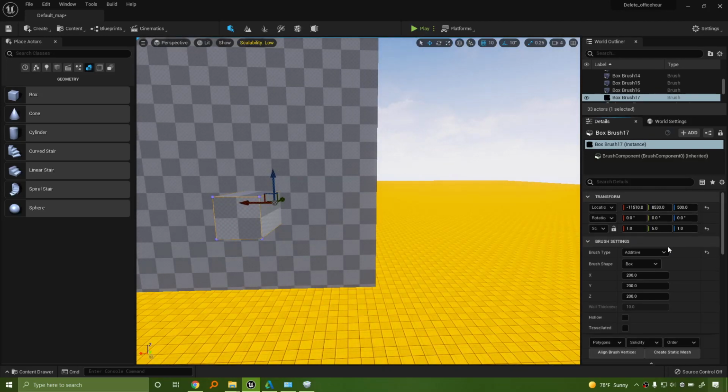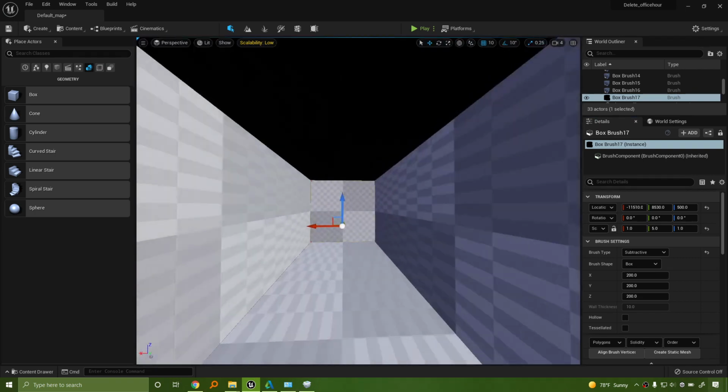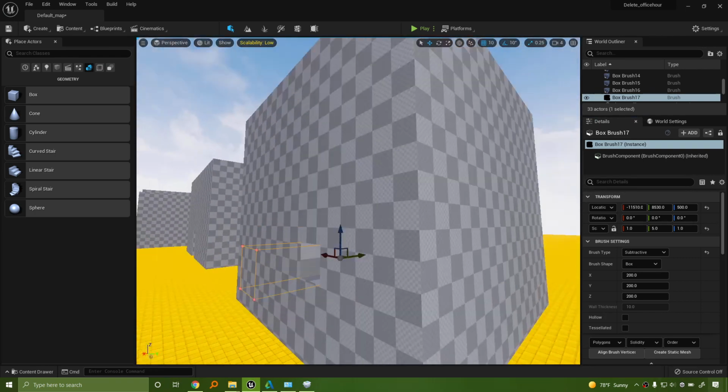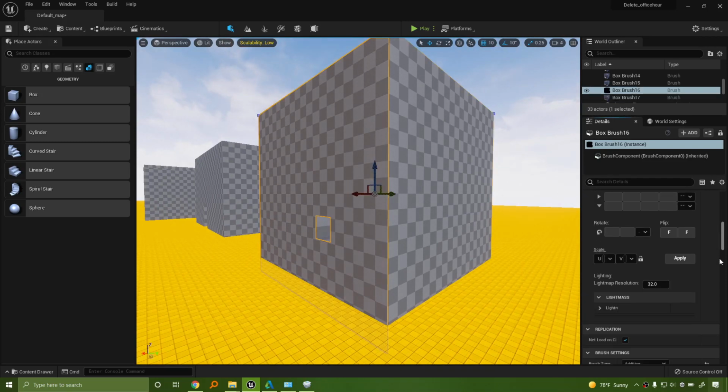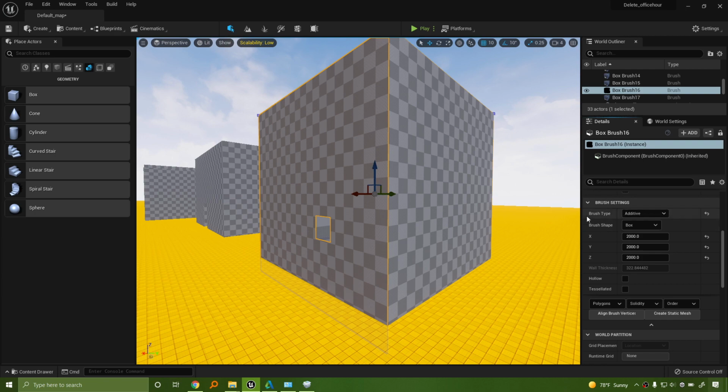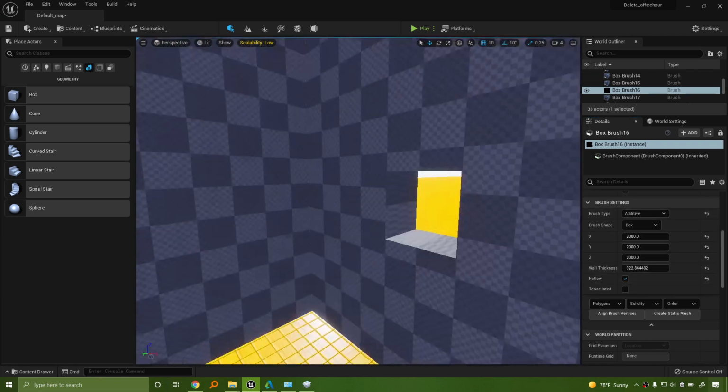I can go ahead and cut this out by using a subtractive box. But all that does is subtract it from the actual brush mesh. If I wanted to make this box hollow, I would go into its settings, under brush settings, and turn on hollowness, which would do this.